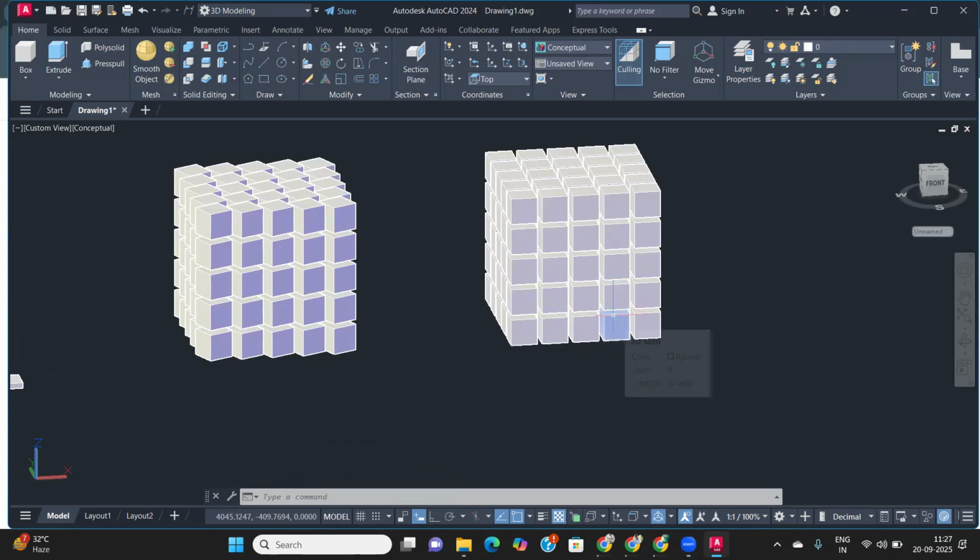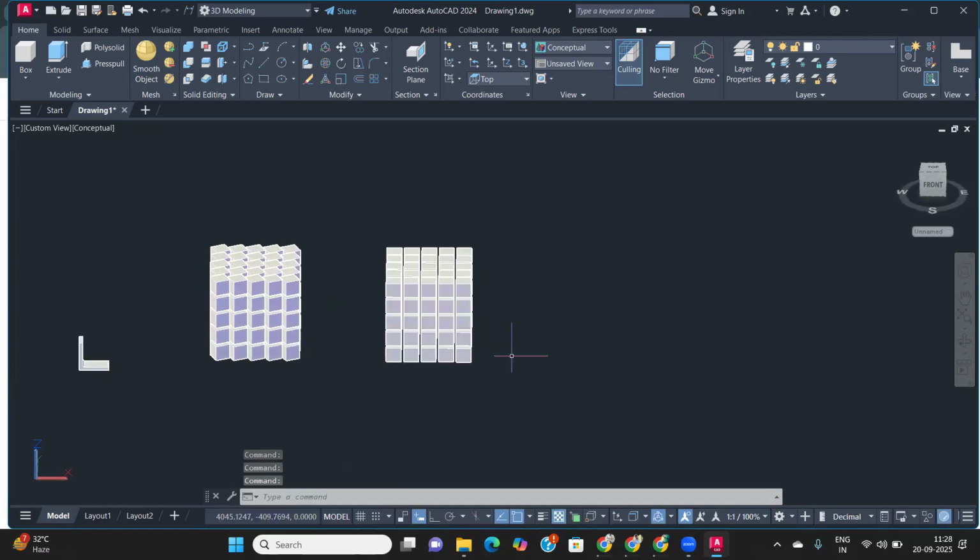Then come to the next part, the polar array. The polar array is mostly used because most of its parts are usable. How can we use the polar array? Let's come to this part. How can we use the polar array inside this? When we want to create a polar array,